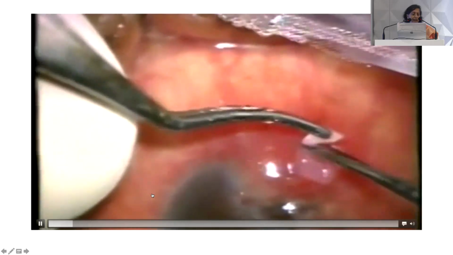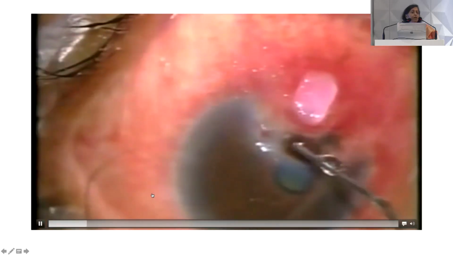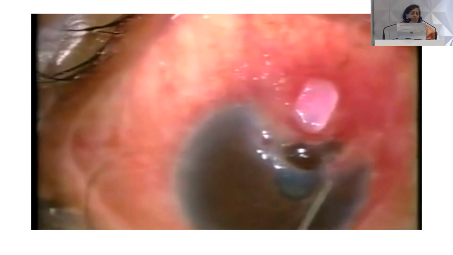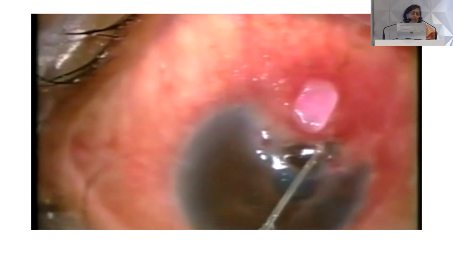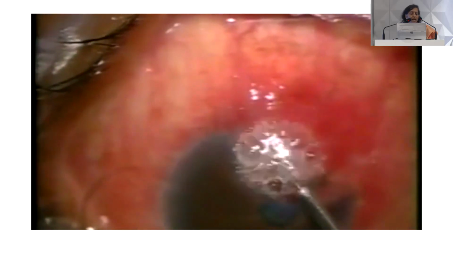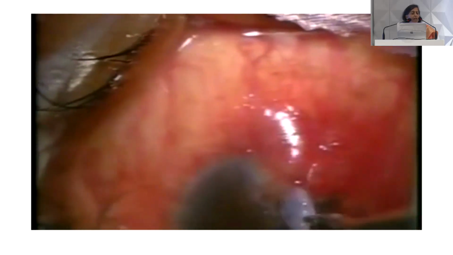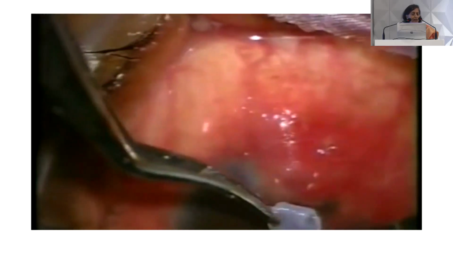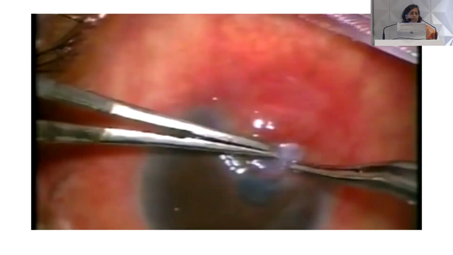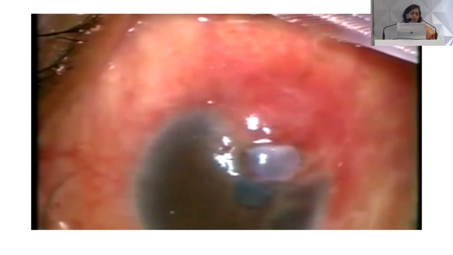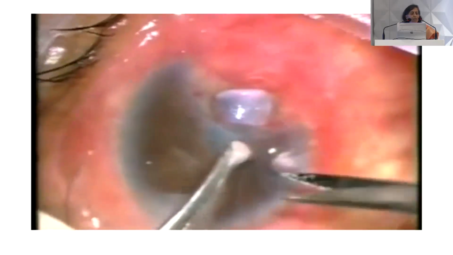So here again, as I said, you can take a call whether you really want to go into the AC and relieve the iris. Sometimes if it's very peripheral, it seems as if that is going to do badly, but you just apply the patch, let the eye heal up, and it heals up pretty well on its own with a small peripheral anterior synechia. So you have to balance whether you really need to go into the AC, because entering the AC carries another risk of further problems.